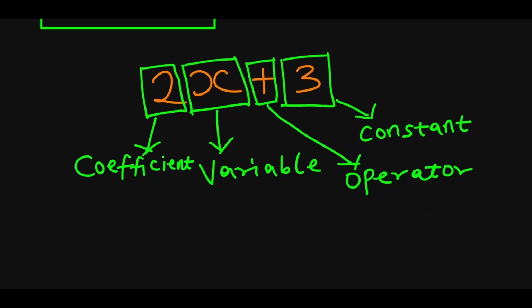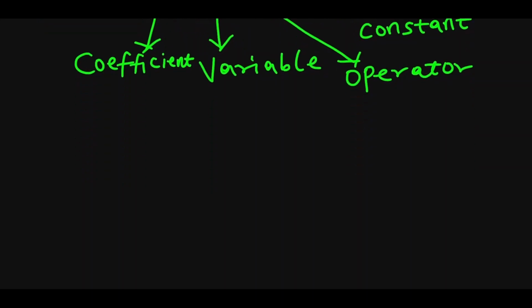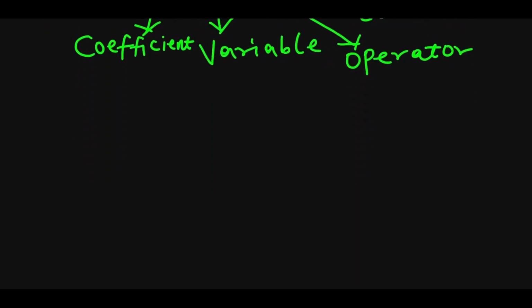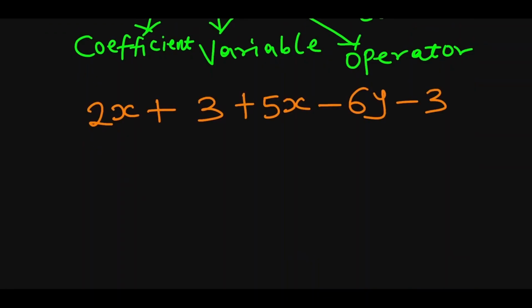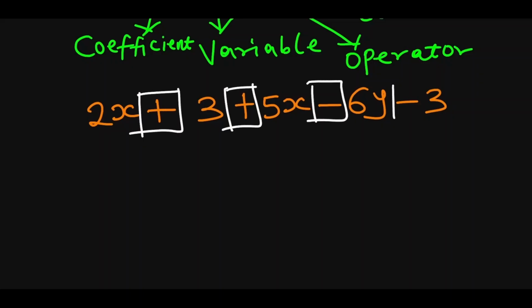Okay, so these are the typical participants of an algebraic expression or an equation. The next thing we are going to look at now is terms, like terms, unlike terms. And to do that, we are going to use something a bit longer, an expression that is a bit longer. So look at this expression on your screen now. Identify the operators first. From what you said, plus, plus, minus here are all operators, right?